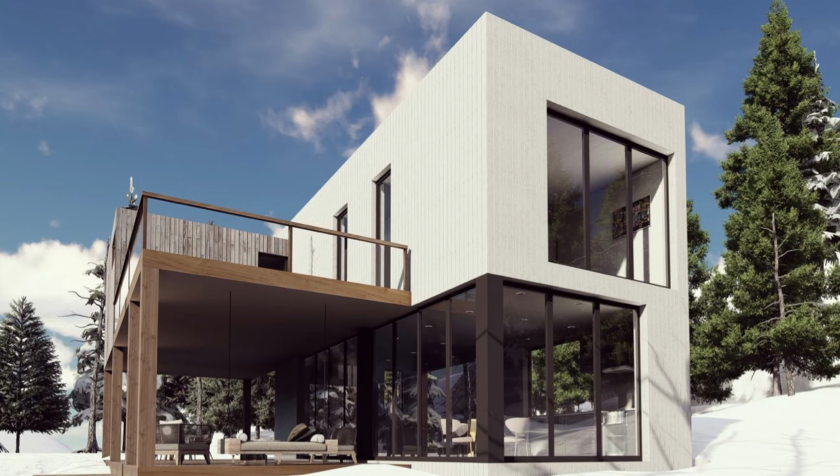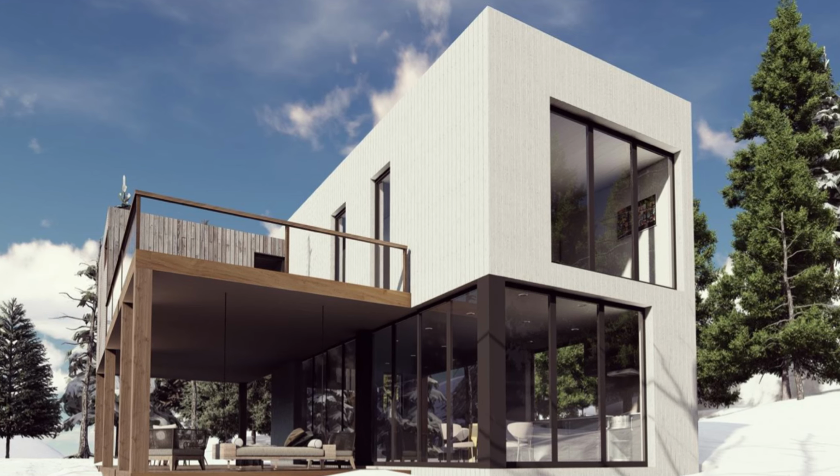Welcome back, my name is Carrie, and today I'm going to show you some unbelievable prefab homes from a company that up until a couple days ago, I didn't even know existed. Prefab homes come in a lot of different shapes and sizes, and just when I thought I'd seen it all,